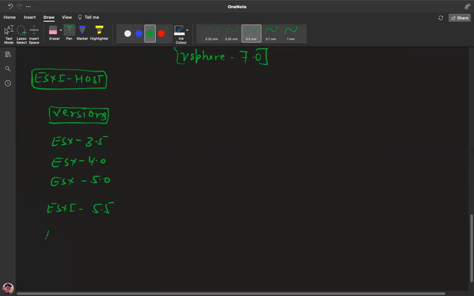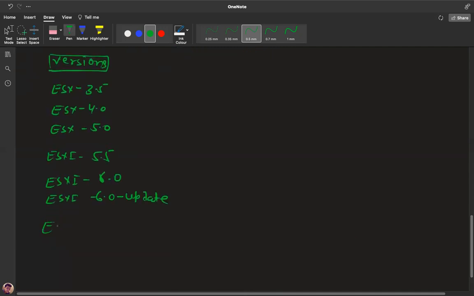If we talk about the next versions, ESXi 5.5, ESXi 6.0, ESXi 6.0 update, and then you know ESXi 6.5, ESXi 6.7, ESXi 7.0, right?